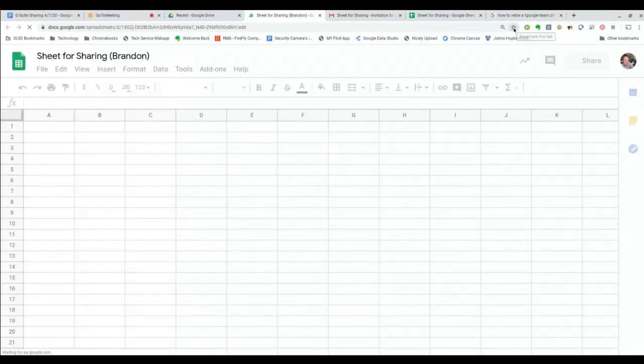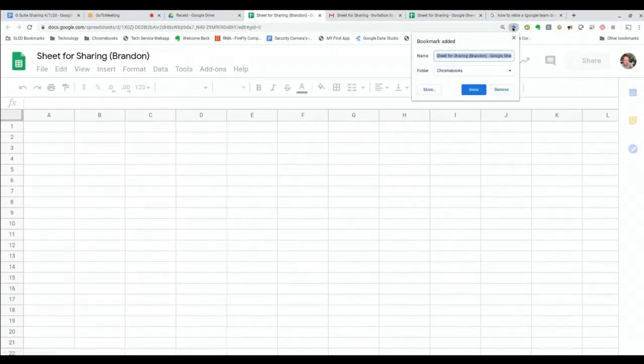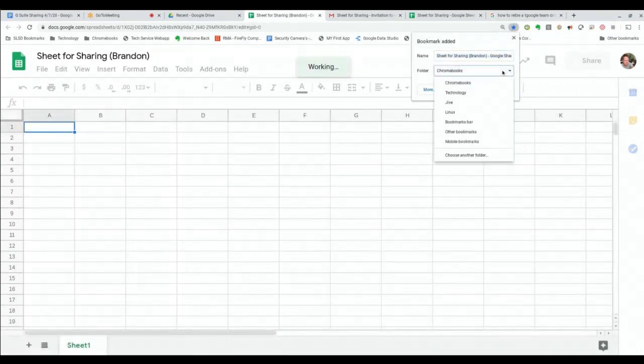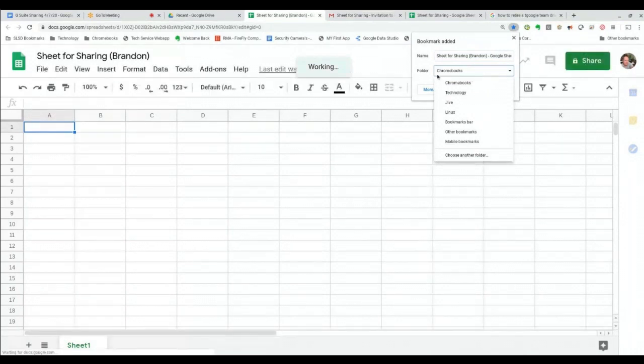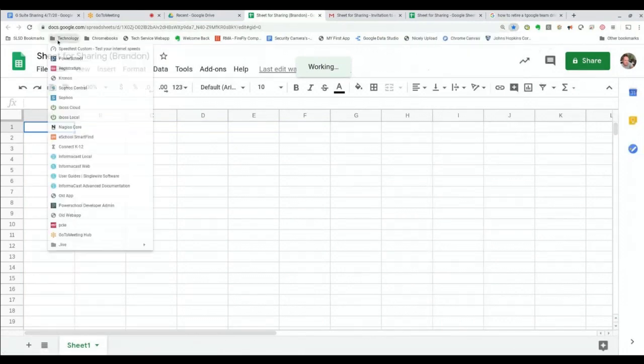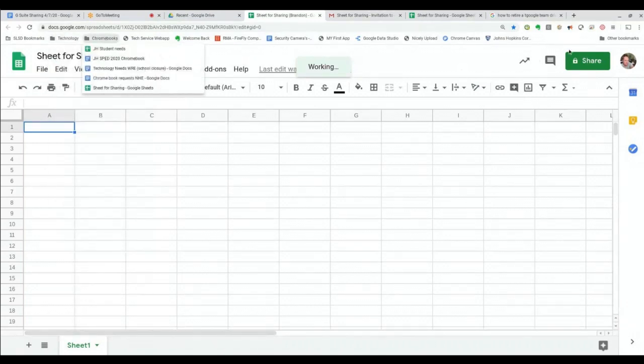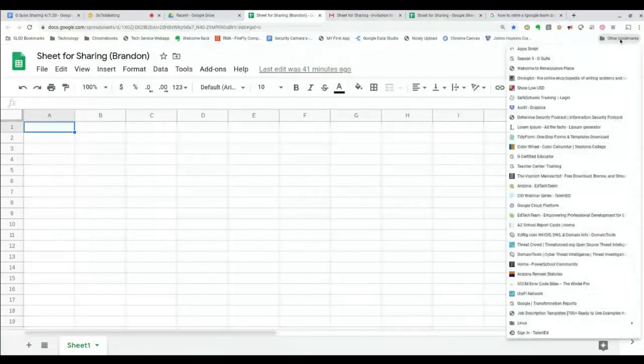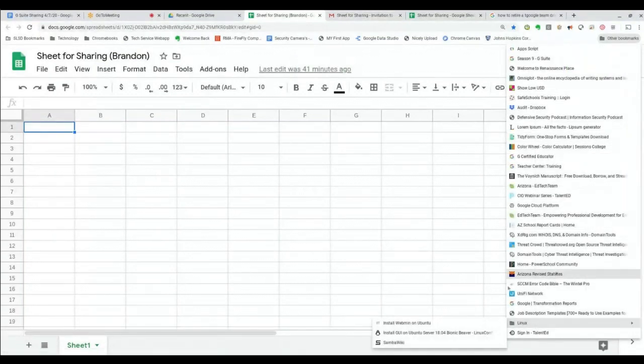So I can bookmark this. I'm going to add it to my Jive. Okay, so these are, let me explain this. These are folders that I've created for my bookmarks. And so I have several folders within my bookmarks,